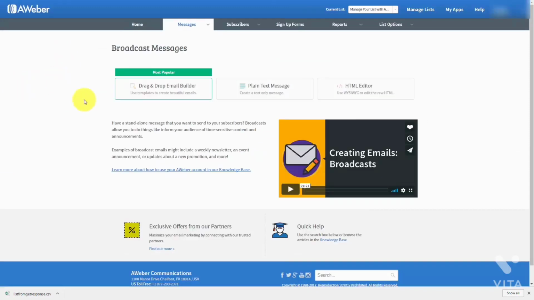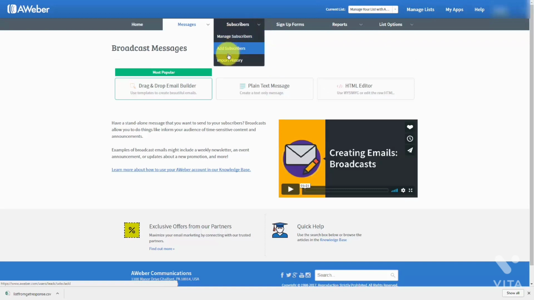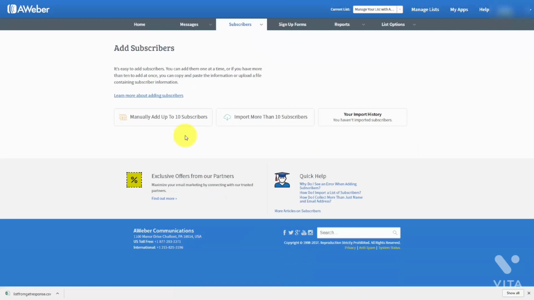What we're going to do is we're going to import that list in the CSV file into the list that we have just created inside of Aweber. We can do that by going to the subscriber area, and then we're going to go and click add subscribers. We're going to take a look at this button that says import more than 10 subscribers. We're then going to click this button and then grab the file that we